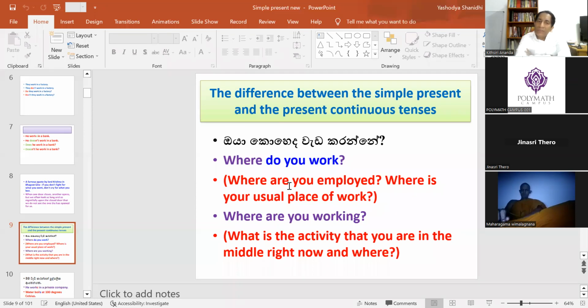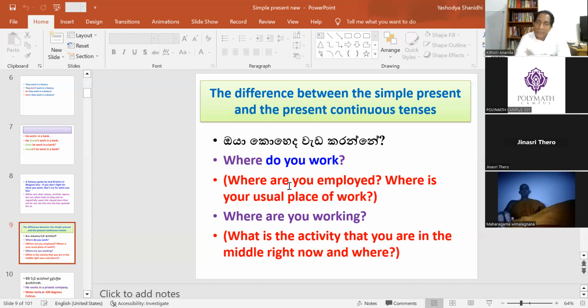But simple present tense is not similar to the present continuous, though all the wordings are similar. Now you can see the difference is only the tense. The words which are used are the same. Where do you work? By comparing these two tenses together, we can understand the difference between them. Having understood that, we also would be able to